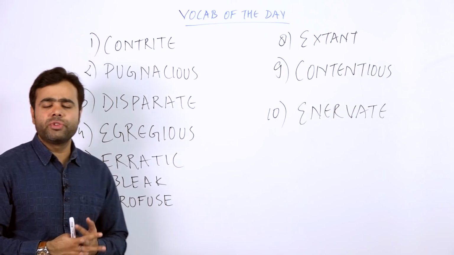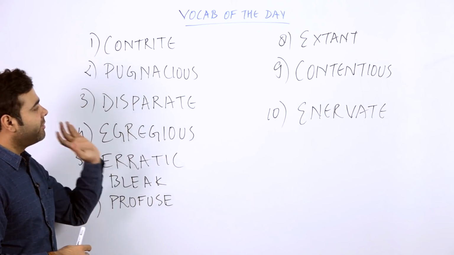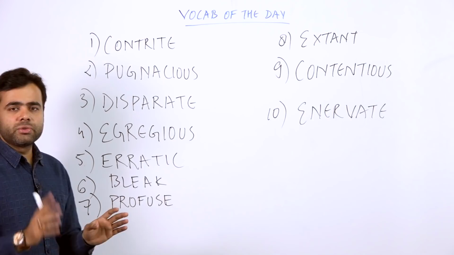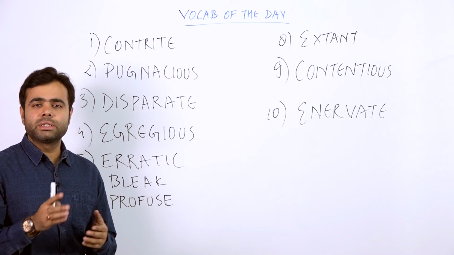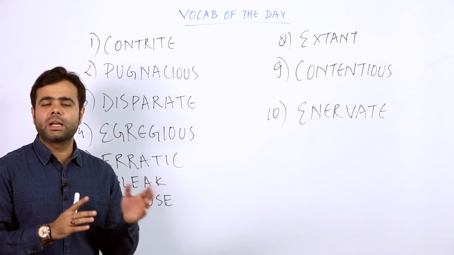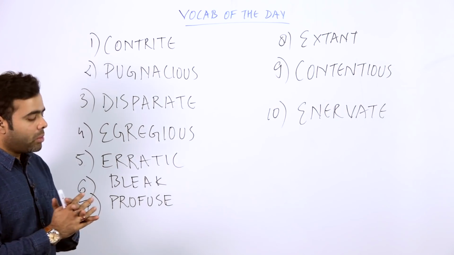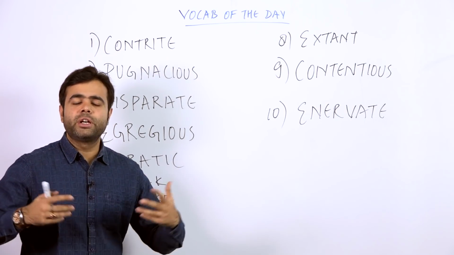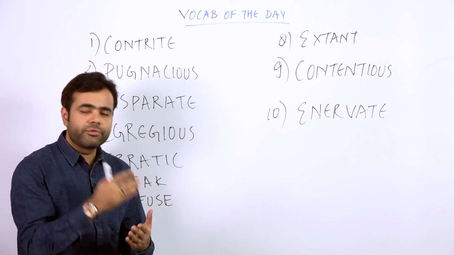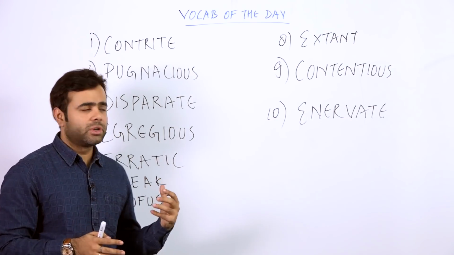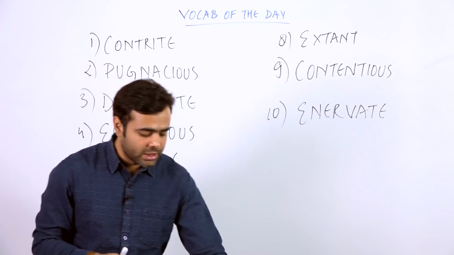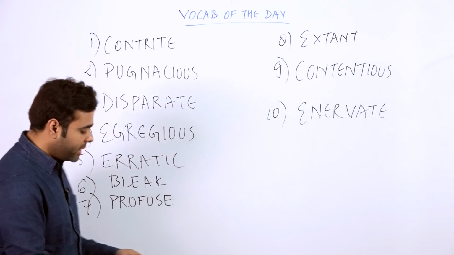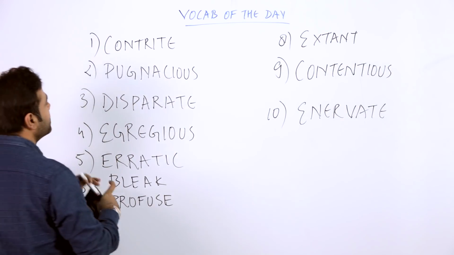Okay, so what we are going to do is we are going to discuss every word out here individually, and we'll be checking out the sentences, the synonyms and required antonyms to all the words. And also, if possible, we'll be checking out the different possible outcomes, or you can say different dimensions of these words where we can use these words. Fine. So let's begin with the first word. Here the first word that we are going to use is contrite.